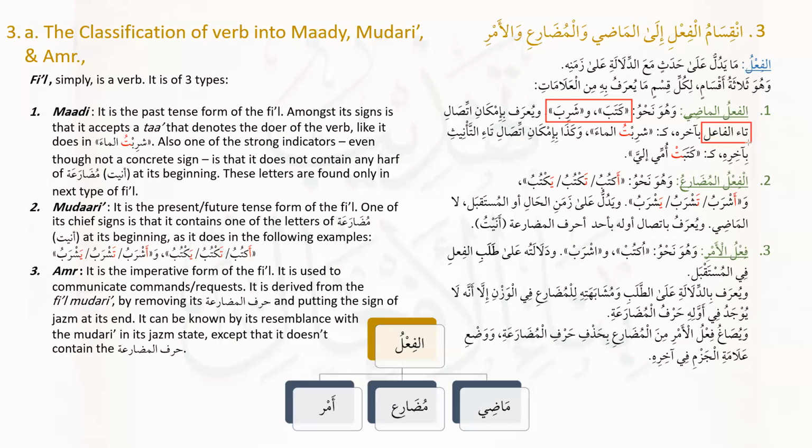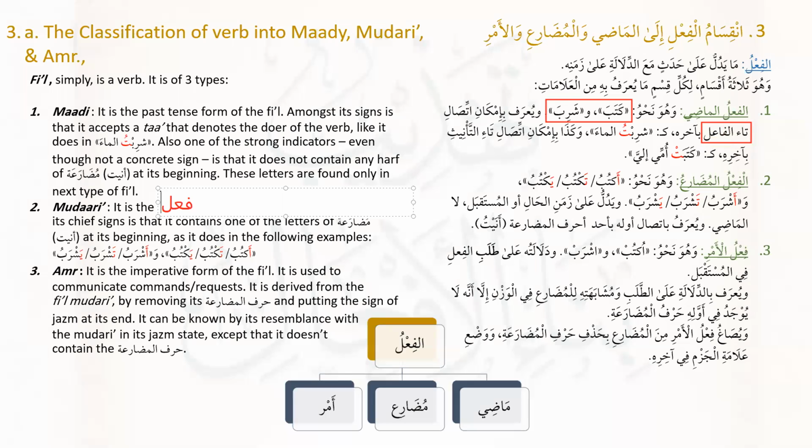What is a تاء الفاعل? If you remember the table in our نحو book in which we mentioned the different صيغ of the أفعال with their ضمائر, the تاء الفاعل is the one that is mentioned with the متكلم فعلت or with the مخاطب فعلت or فعلتِ. These or فعلتم or فعلتما or فعلتن. In all of these يا إخوان there is a ta, right? This is called تاء الفاعل.